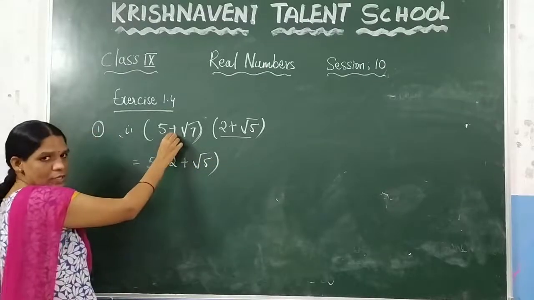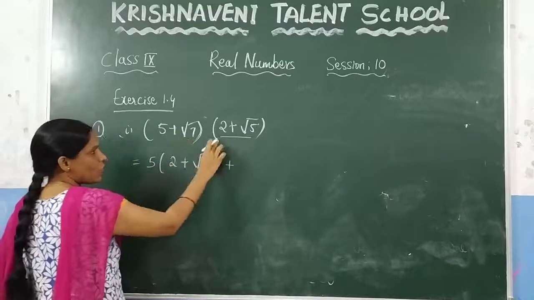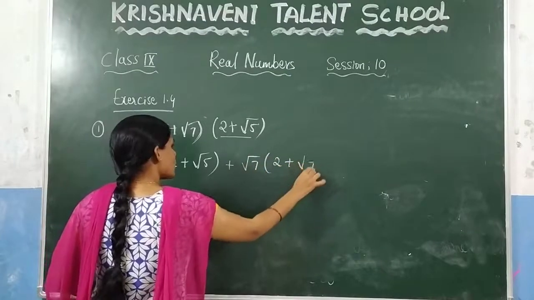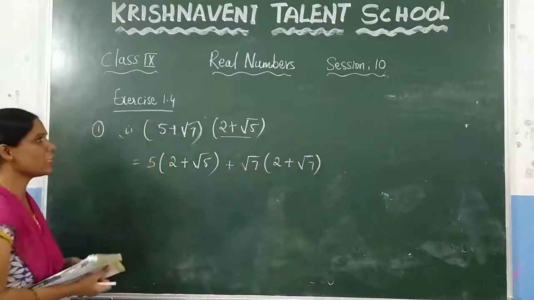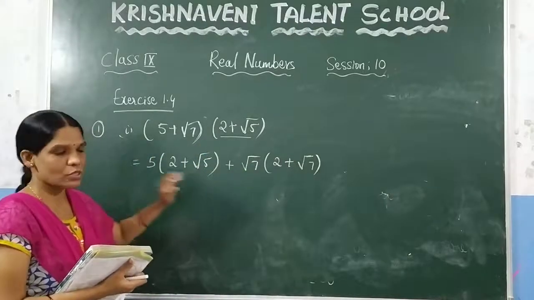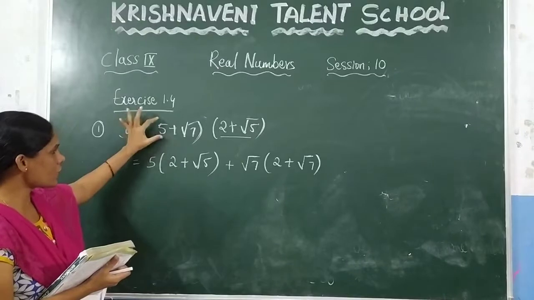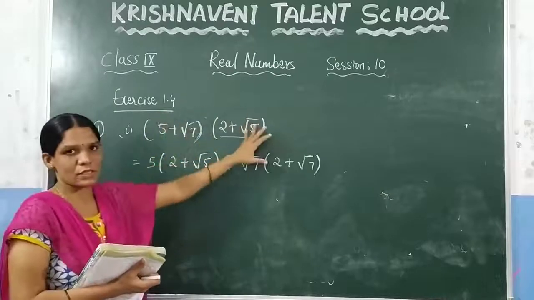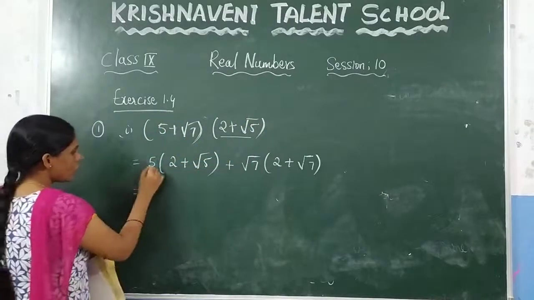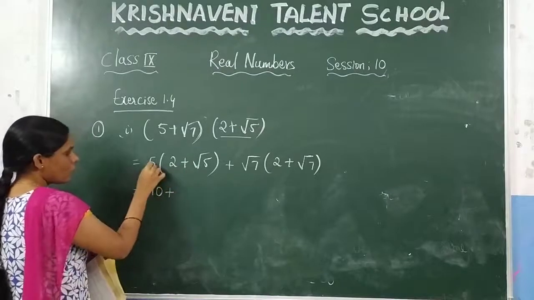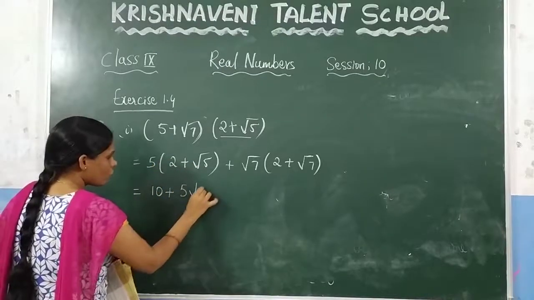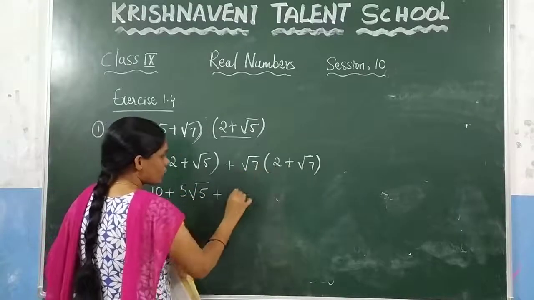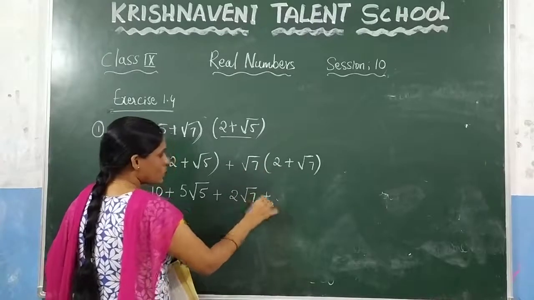And here which symbol is there? Plus. Now multiply this root 7 with this whole term. So multiply root 7 into 2 plus root 5. Again, we have to multiply these two values. So first multiply the first number with this term, and after that multiply the next number with this term. And after that what you will get here: 5 into 2 which is 10, plus 5 into root 5 which is 5 root 5. Now you need to multiply these values, plus 2 into root 7 which is 2 root 7, plus now here